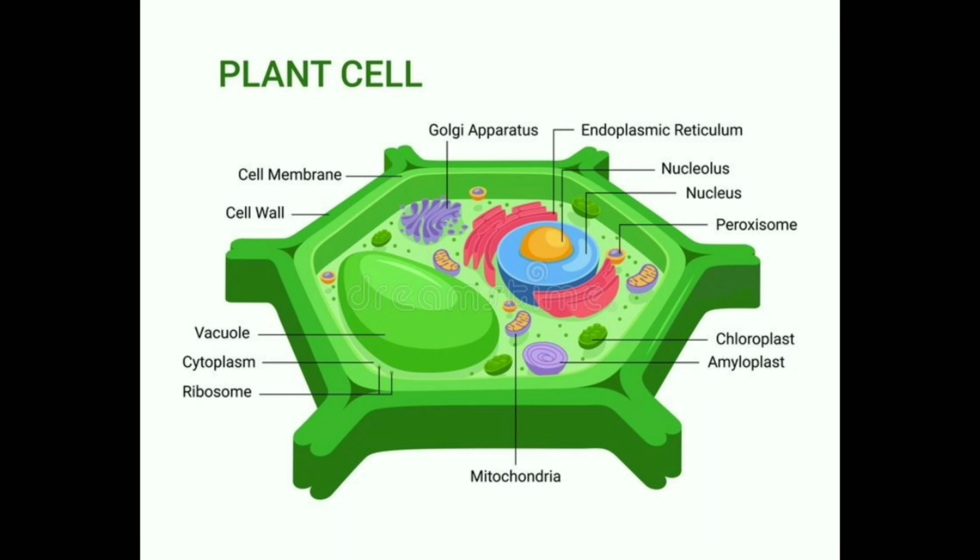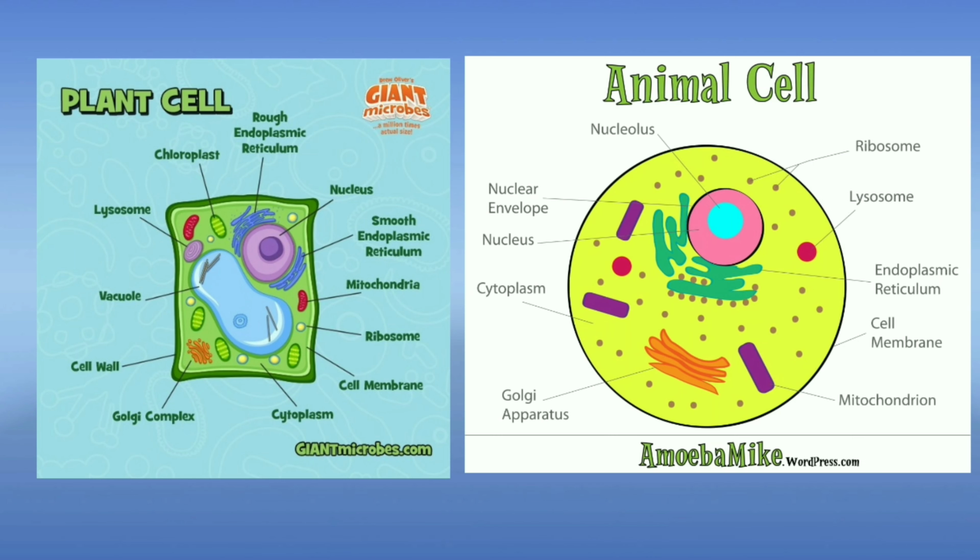Let's know some points about cytoplasm. You observe that there is a portion of fluid content in a cell that is known as cytoplasm. All the cell organelles are situated in the cytoplasm of a cell. Cytoplasm helps in carrying information or signals within a cell. Now, coming to the second one, cell membrane.